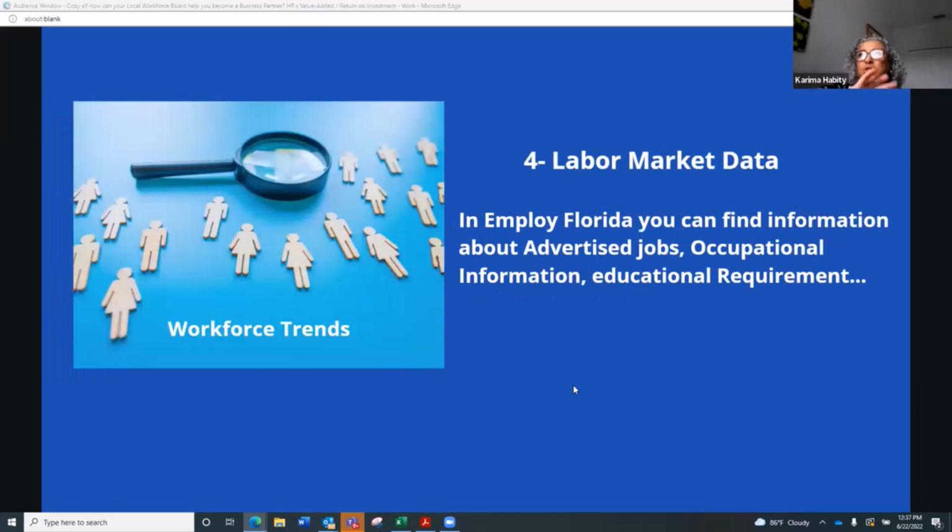Now, when we talk labor market data, and that is one of the original slides that I started with, labor market data is very important to you, so you can understand what to do with your wages, with the educational requirement, how to even put together a job posting, like a job order. Labor market data helps. You can find information about advertised jobs, like most advertised job postings, level of work experience that is required for a job opening. So you even have a job opening, maybe it's a new position for you. You don't really know what the requirements are and what to ask. So if you do go into the labor market data, which is free, again, in Employ Florida, you can find